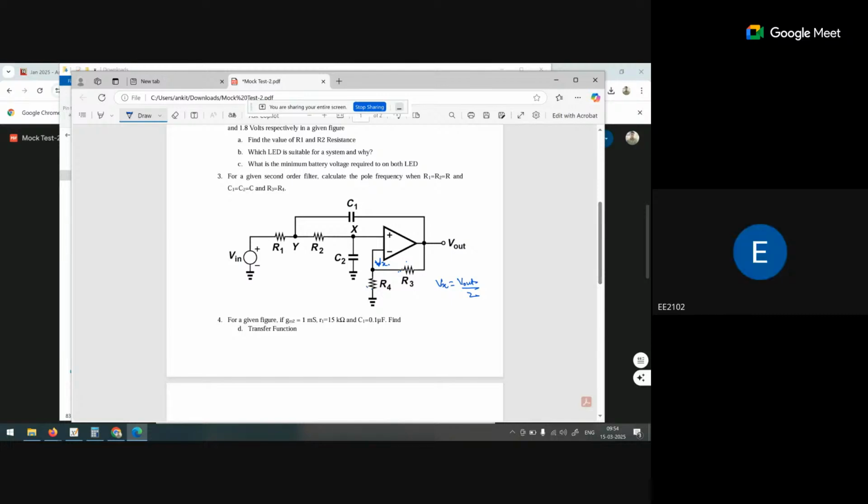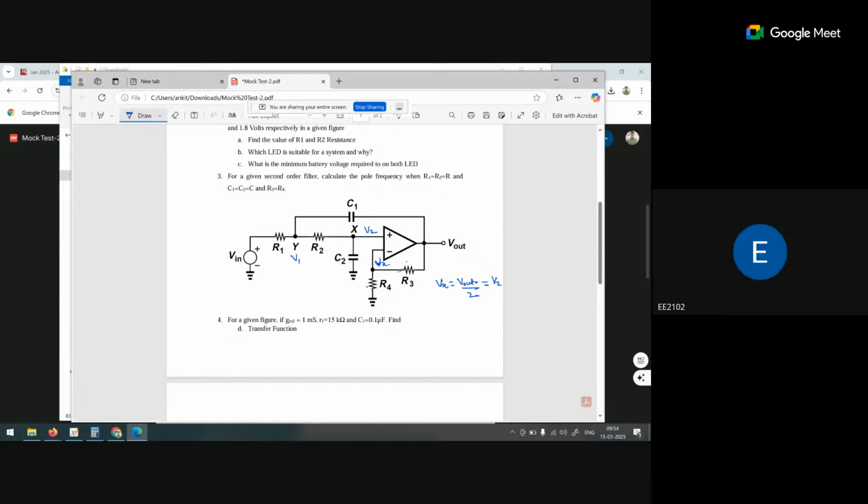Okay, and this Vx is nothing but this voltage. If I say this is V1 and this is V2, then Vx is V2. So V2 is also V out by 2, because of negative feedback. Applying the virtual ground concept, the positive and negative terminal voltages should be equal. Clear? Now,